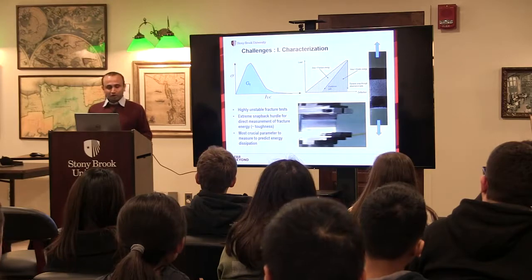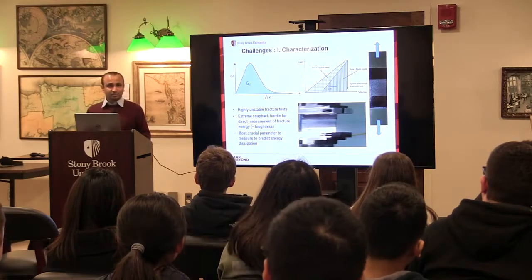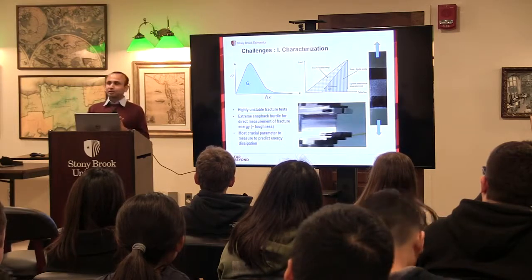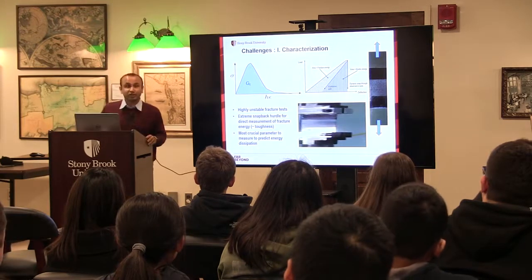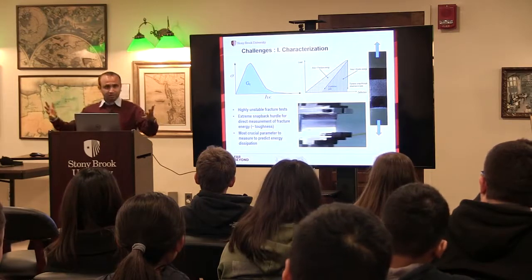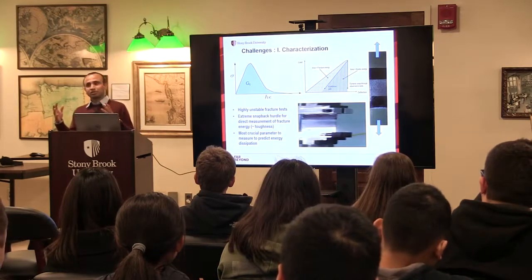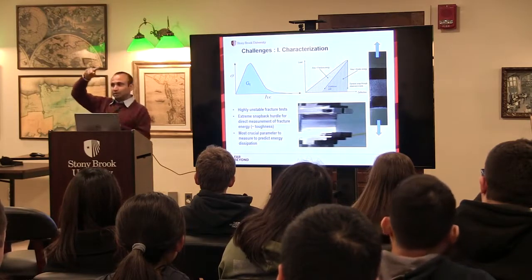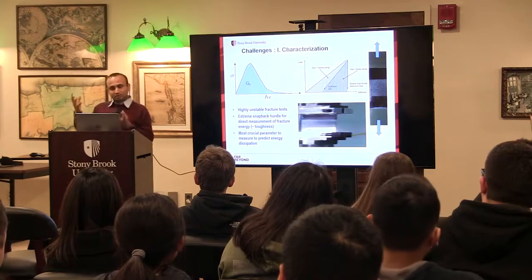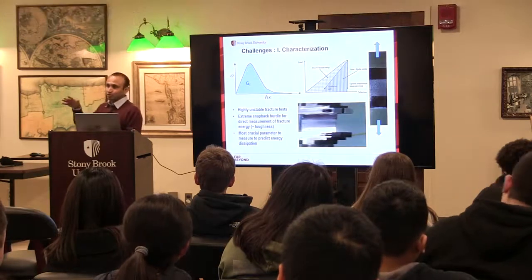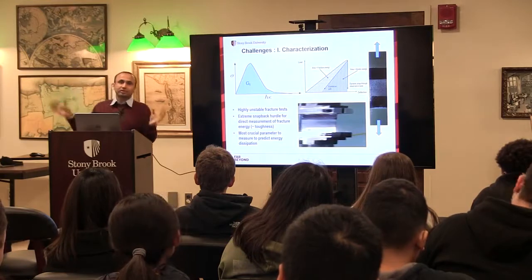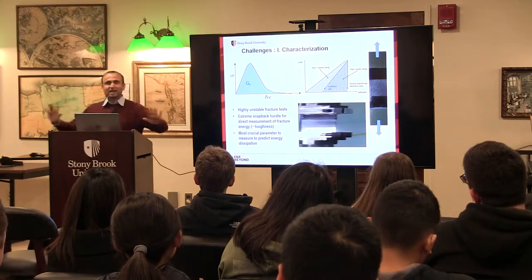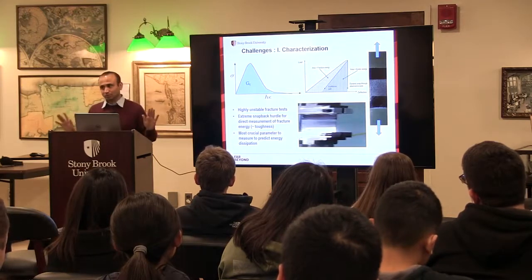So this is a plot showing load on the y-axis versus deformation, stretching, on the x-axis. Typically what is done is to measure the fracture energy, the energy required to break a material. You do a lab test with a specimen which already has a small crack in it, and then you load it until the crack grows, and then you measure the area required for that crack to grow, and divide by that area of the crack to get this fracture energy. This is done for many materials, it's a very standard test. There is an ASTM standard and so on.